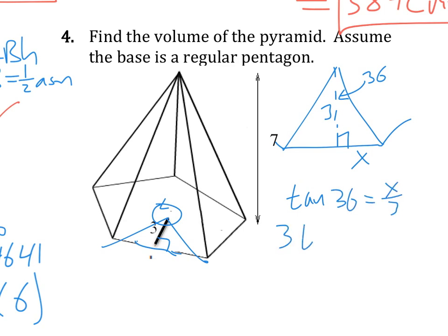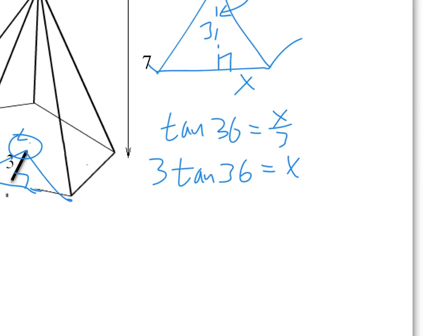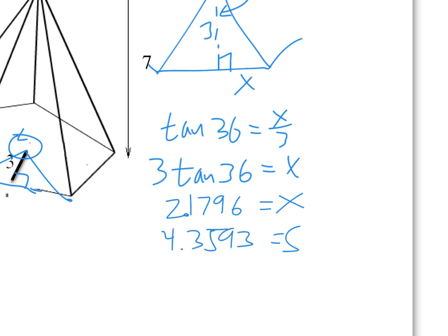Multiply both sides by 3. We get this. And let's see what that is. 2.1796, decimal point right there. All right, so there we have the half side. So the side length is going to be 2 times that, and we get 4.3593. So now the area is 1/3